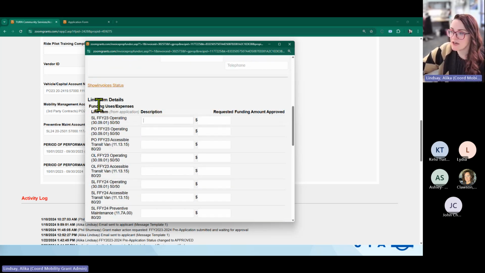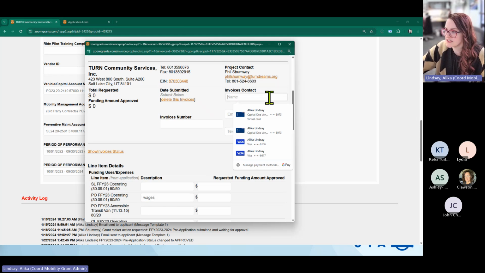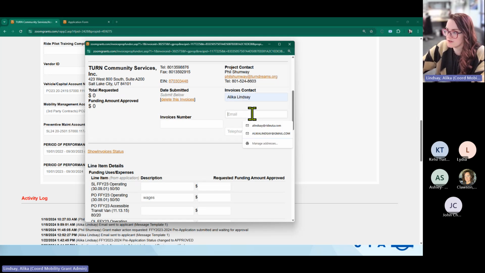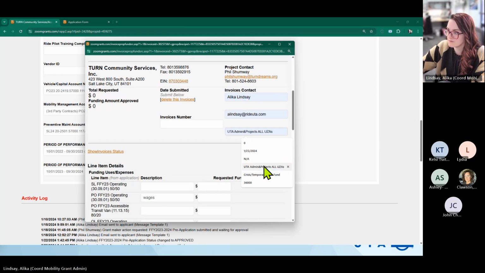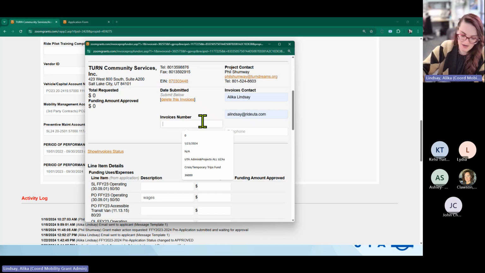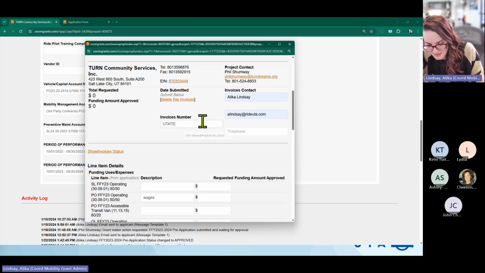And then down here is another, this will match your budget and your line items that I showed you, and you can put a brief description if you want. So like operating, I'm going to be requesting wages. We'll just do an example here. I'm going to put, let's say I'm going to do UTA test,